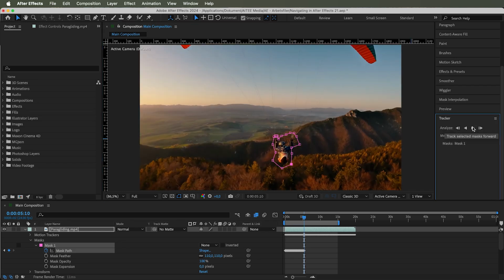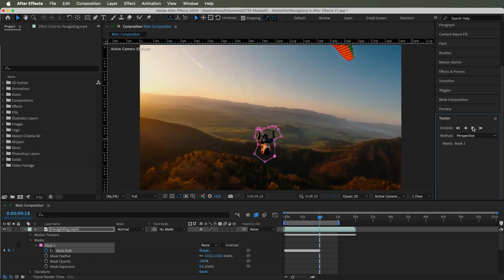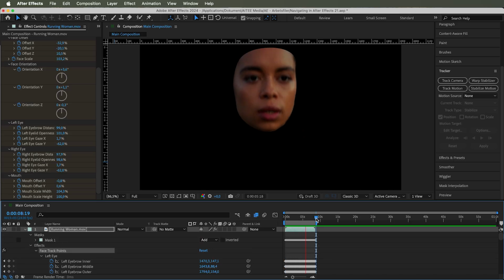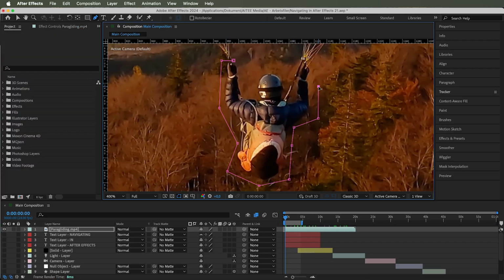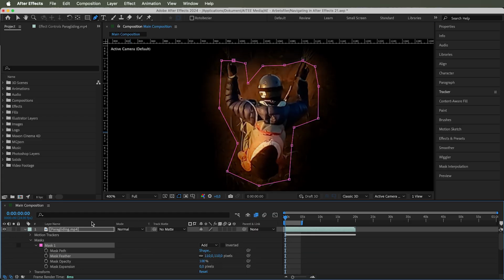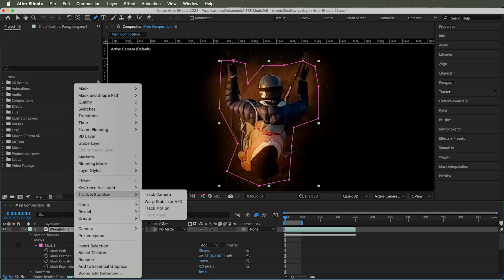Track mask. Create a mask around a talent. We might also add a little bit of feathering to the visual, and by right-clicking, going into Track and Stabilize,